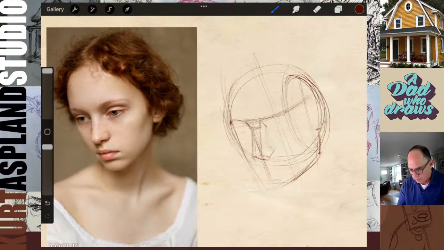So I'm going to put this in just for right now to help me get a sense of measuring this. I'm going to add her forehead in.